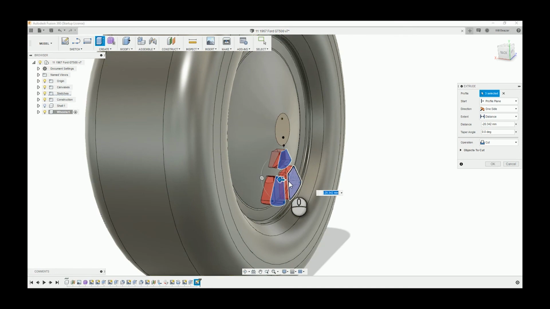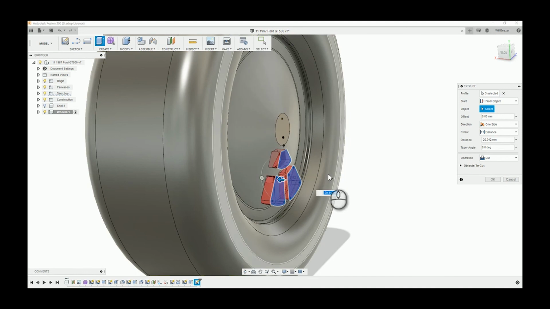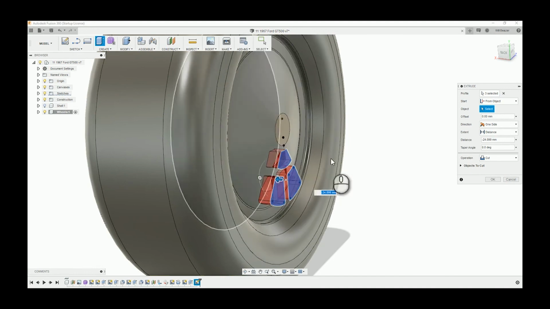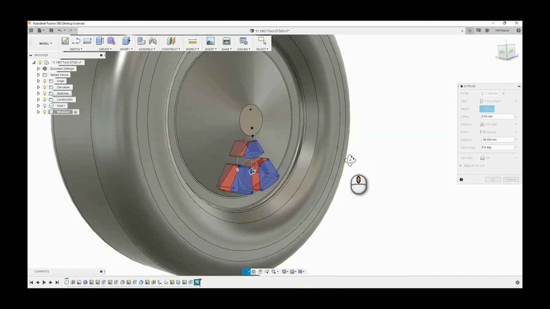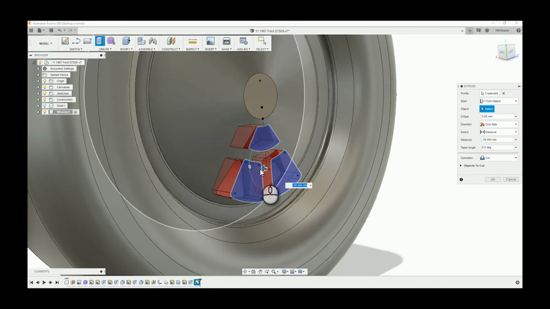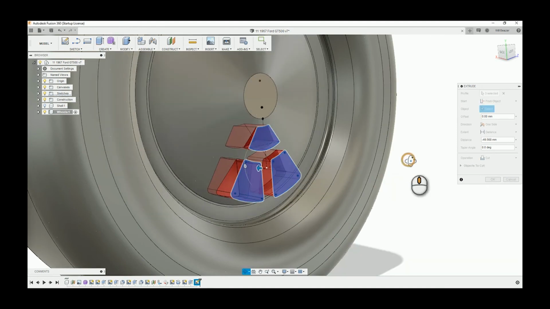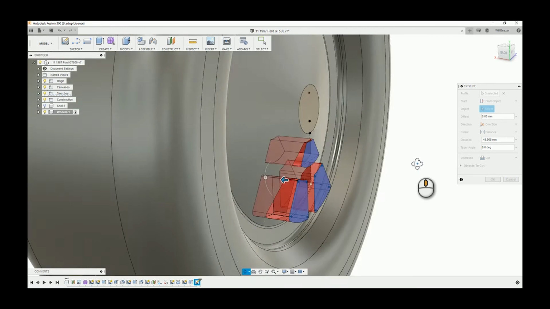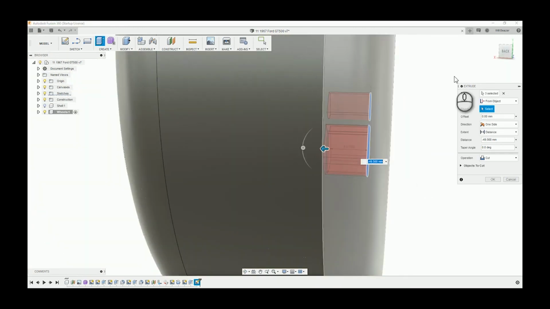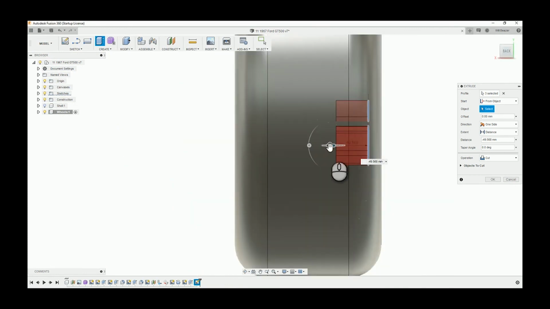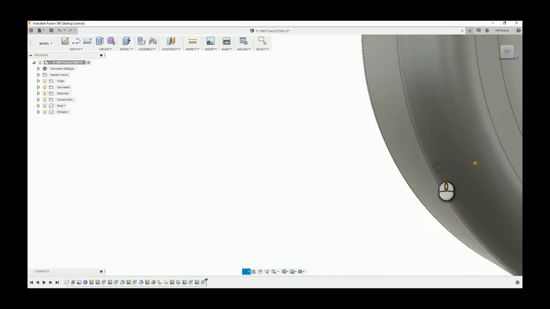So in that table on the right, I then click to object, and for some reason it doesn't seem to want to select the wheel. The reason is that sometimes, if you're on a really odd angle, Fusion can be a bit janky and won't select something because it believes something's in the way of what you're looking at. Like the tire was way thicker, and if you just rotate the model to this view, it would have fixed it. But I didn't know that at the time, so I just did a normal extrude. Yeah, so extrude that cut,